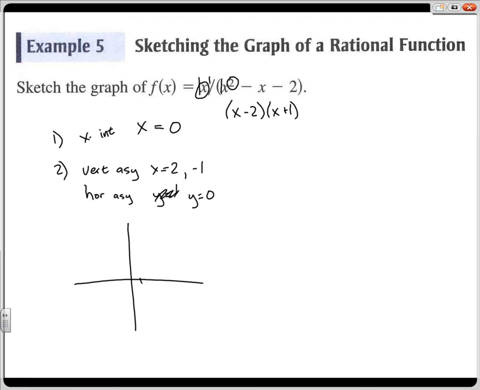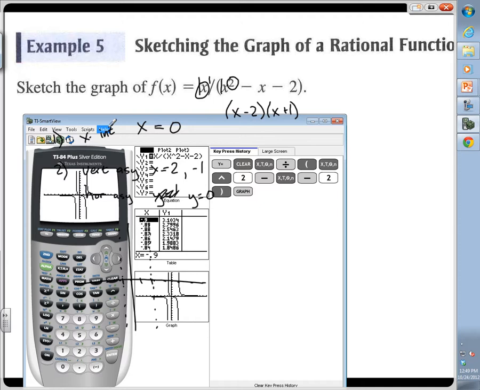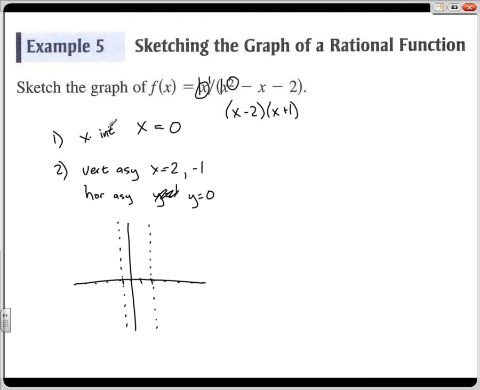We've got 2. We've got negative 1. We know we don't cross y equals 0. And so if we flip back, just as a reminder of what the graph looks like, we're looking at it here. And so it's going to go like this. And it's going to go like this, I think. Am I doing that right? Yes. And so in between, it goes like this,